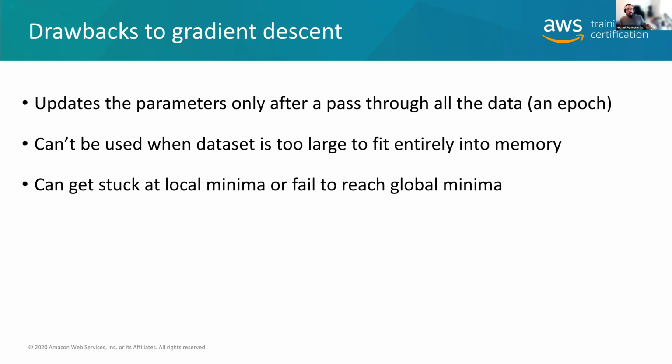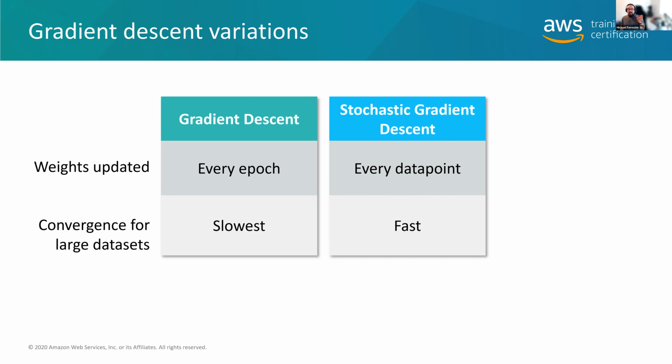The only issue with stochastic gradient descent is that for every single data point, you're going to update the weights for each record that you have in your data set. So if you have 1,000 data points, stochastic gradient descent is going to update the parameters 1,000 times. With gradient descent, it would only update them once you ran through every single run of the data, so you'd have to run through the data several times. So SGD leads to more parameter updates, and therefore the model is going to get closer to the minima a